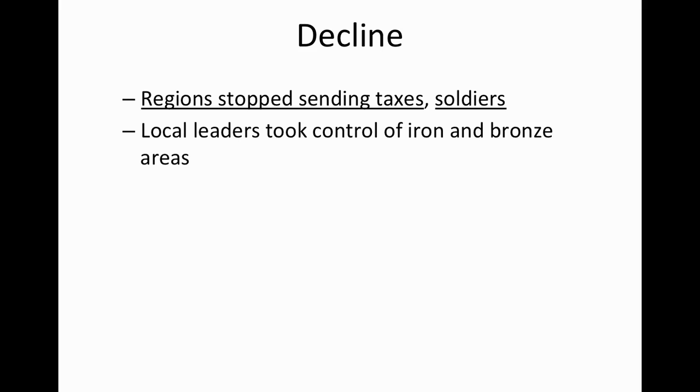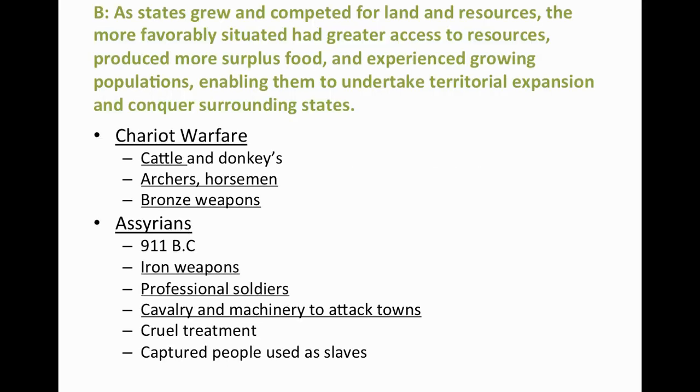Eventually, the Zhou dynasty would decline. These regions would stop sending taxes and soldiers over time, and that led to bankruptcy. Eventually, local leaders would take control of the iron and bronze areas, and that would lead to the next dynasty, which would be the Qin dynasty. All right, so